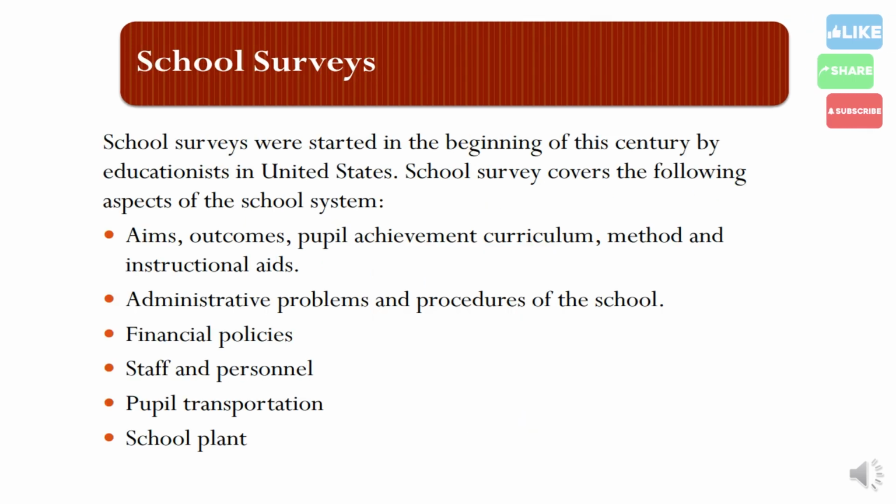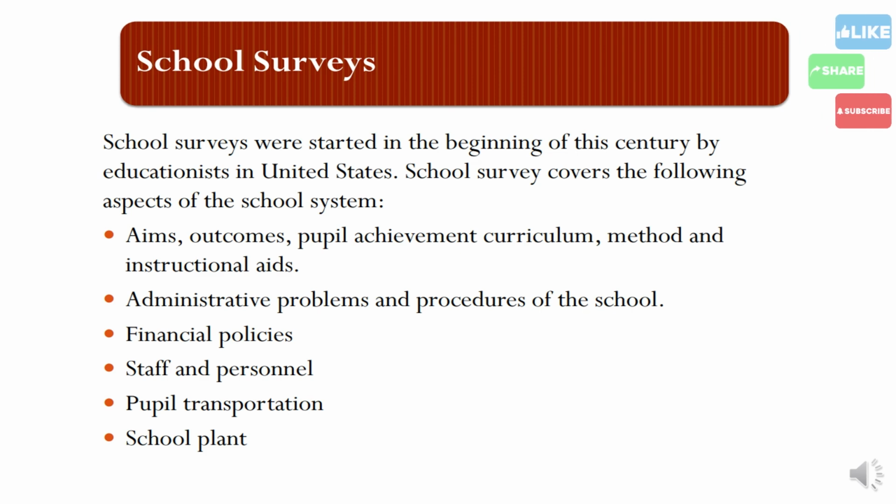Now, what is a school survey? A school survey was started in the beginning of this century by educationists in the United States. So, a school survey covers the following aspects of the school system: aims, outcomes, pupil achievement, curriculum, methods, and instructional aids. After that, the administrative problems and procedures of the school, and then financial policies, staff and personnel, pupil transportation,